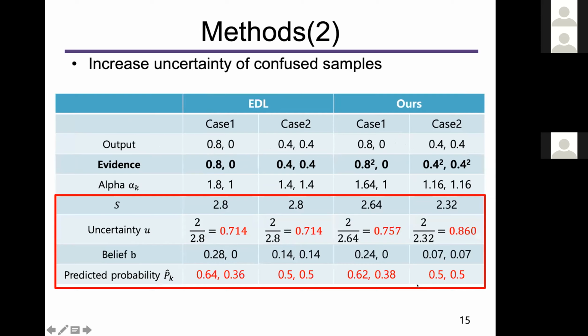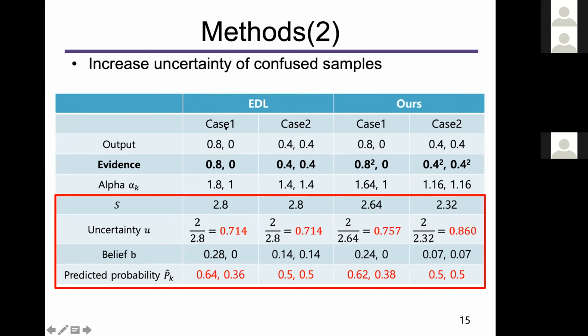In the previous case, case 1 belongs to class 1, and the sample for case 2 is confusing between 1 and 2. In EDL, the uncertainty values of case 1 and case 2 are the same, and the predicted probabilities are